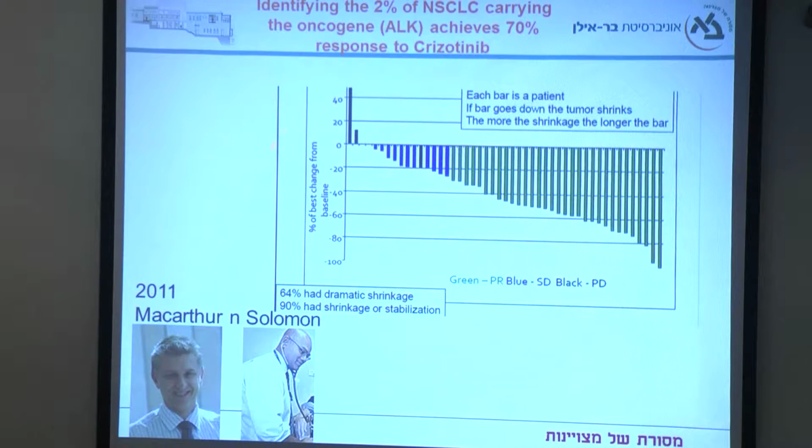And the alternatives could come from clinical trials like this, where Ben Solomon, together with Grant McArthur, participated in the introduction of a new drug called crizotinib. And crizotinib is an inhibitor of the ALK gene receptor. The amazing thing about this and the relevance to the discussion is that only 1 in 50 lung cancer patients actually has this mutation. So if you don't know how to recognize these 1 in 50 patients likely to respond, you won't be getting this amazing